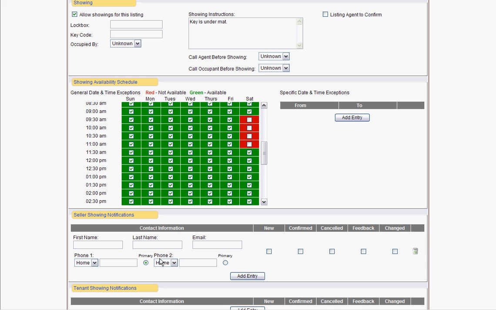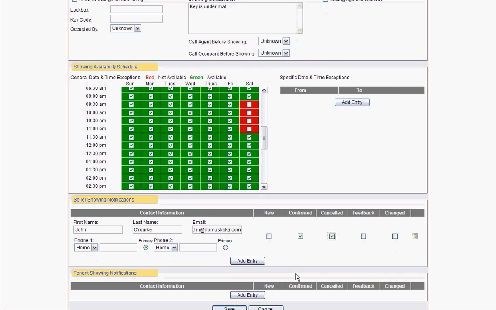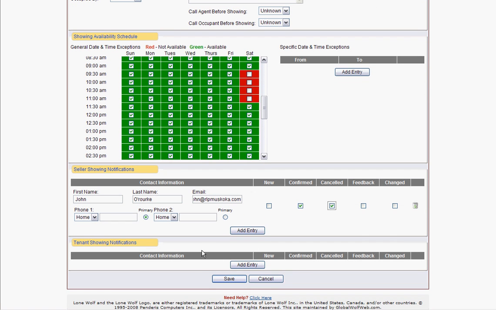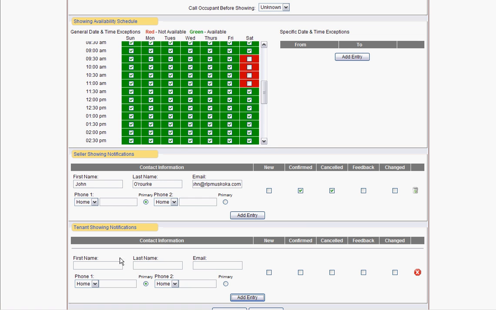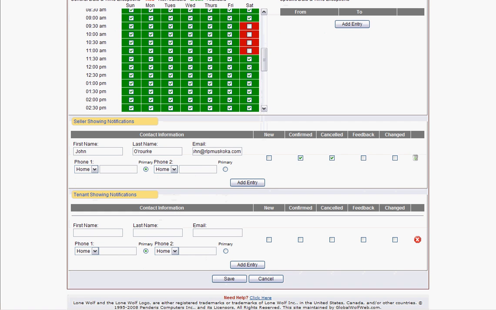Thirdly, you can go in and you might have clients that say, you know, I don't need to be called, but can you just email me on what's happening with showing? So from there I would put in the seller's name, the email address, and I'm only going to show them on confirmed and canceled showings, and I'm okay with that. Now there could be tenants again with that, and there we would just click add entry, and again put the tenant information in there. So I'm going to save those changes,